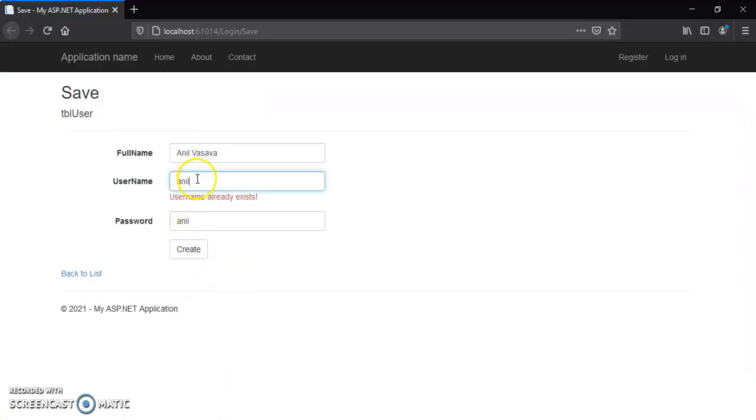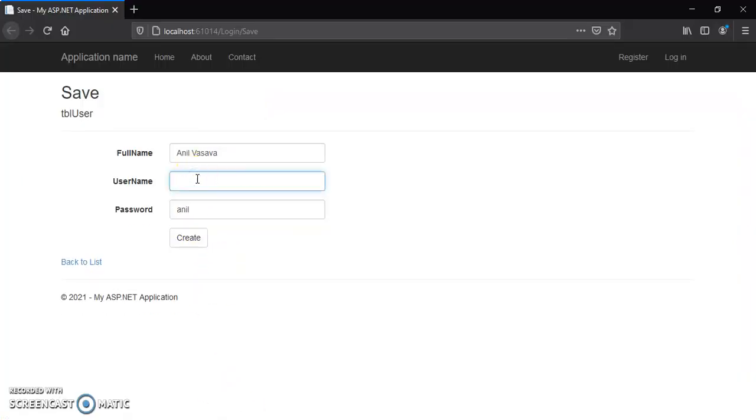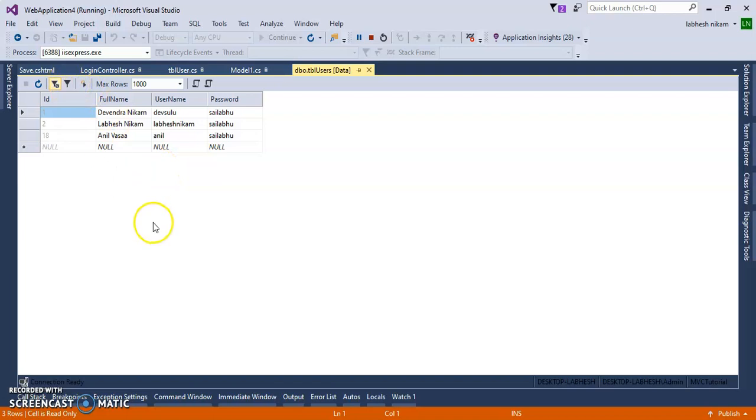But if Rajesh is not present in the table, it will not give us the error and will save the data. Let's check the table.